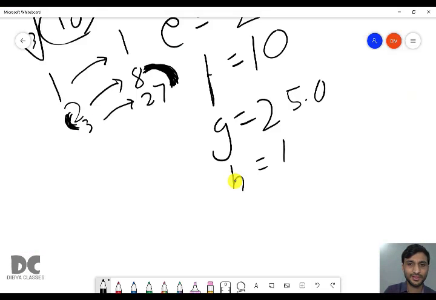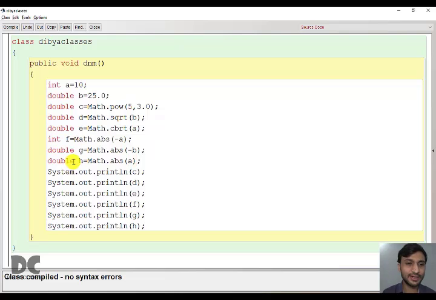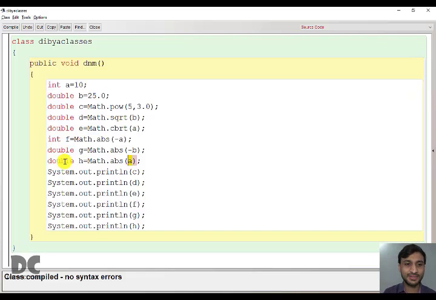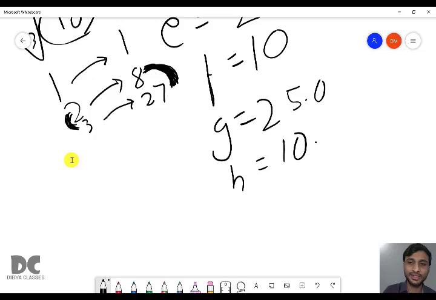But can you see I have taken the data type H as double? But A is int. But A is int to double. Actually here I am doing automatic typecasting. So here the answer will be 10. But since you are storing in double, it will automatically get converted to 10.0. Here I am also doing automatic typecasting. So you have to be very cautious in these types of questions. These are tricky questions. These types of questions only come in the board exam. You will think that the answer will be 10, but actually the answer will be 10.0. So you have to remember all the rules.